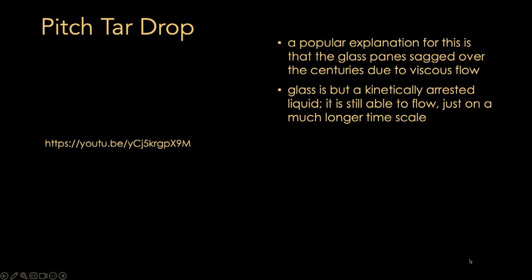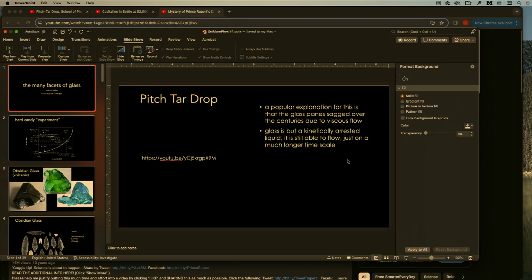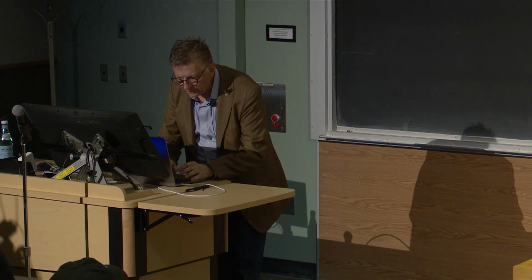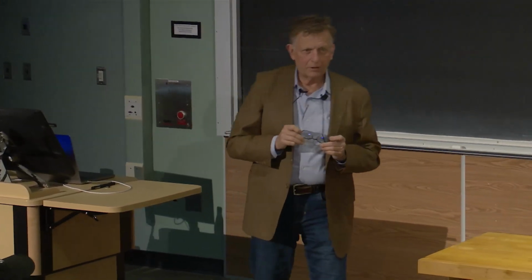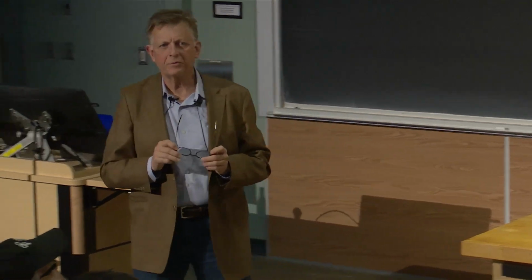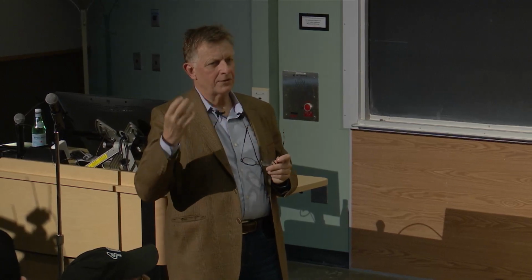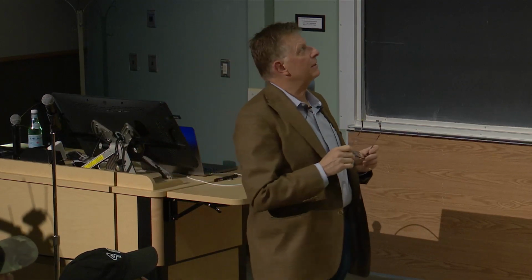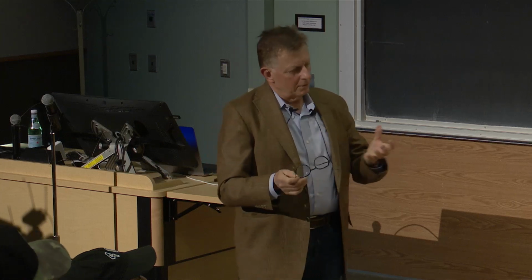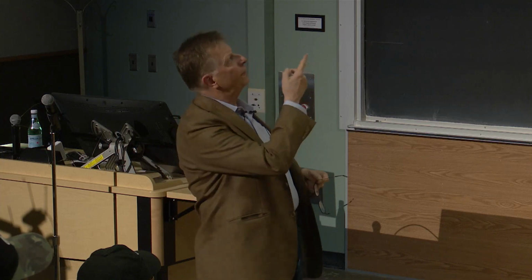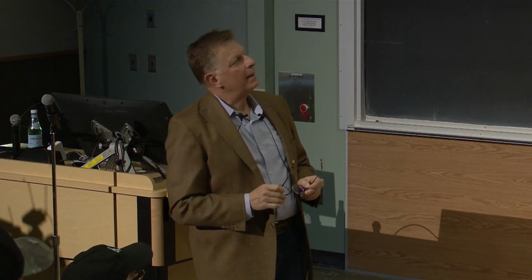So at this point, I'm going to get out of this presentation and show you, that's not the one I'm trying to show, this one. This is a video. Pitch tar is one form of amorphous material, but it's a little bit complicated. It's not just that it has tar in it, it has also olefins and some liquids that are dissolved in it. But you can take a piece of pitch tar and smack it with a hammer, and it breaks brittlely. But if you put it in a funnel and you wait about 10 years,